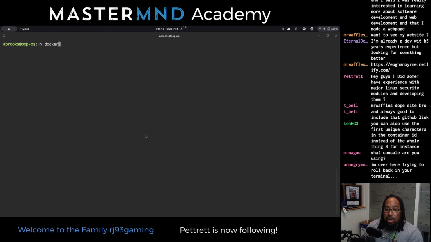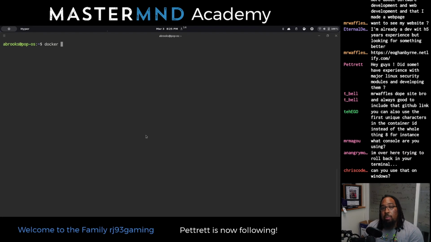So I have that downloaded. I have the image downloaded, and the image itself, again, remember, it doesn't really do anything. But what I want to do if I wanted to start up a container based off of this image, hit you with the docker run command and type in ubuntu.